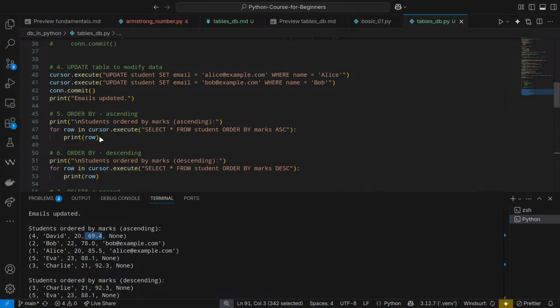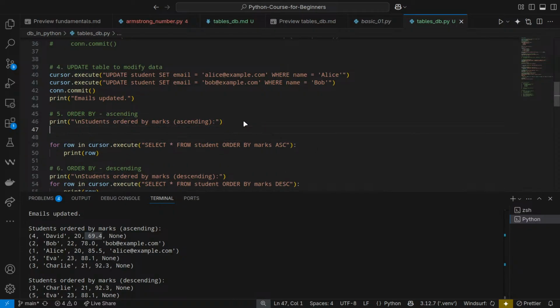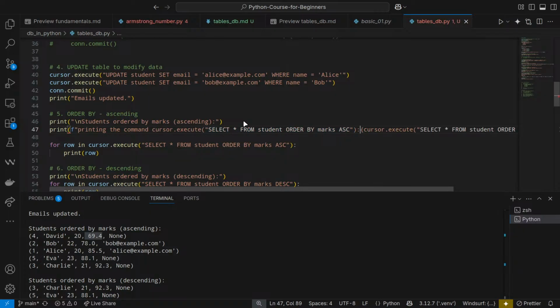Okay, understand what happens? If I just simply take this, Control C, and if I have print, let's say, I'm going to say, printing the command. Okay, done. Now if I just run this,